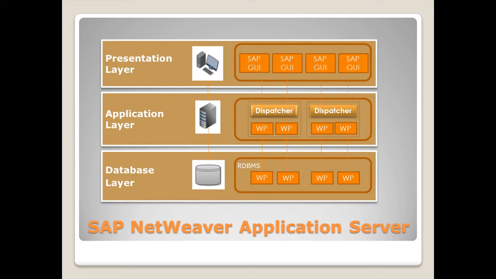So finally, let's quickly recap what we have learned. The SAP NetWeaver application server is the foundation of an SAP system and has a three-tier client-server architecture. The presentation layer communicates with the application server. The application server does all the processing and makes calls to the database. The requested operation is done on the database, for instance, a query or a data manipulation. Then the data is passed back to the application server and the results are sent back to the user interface.